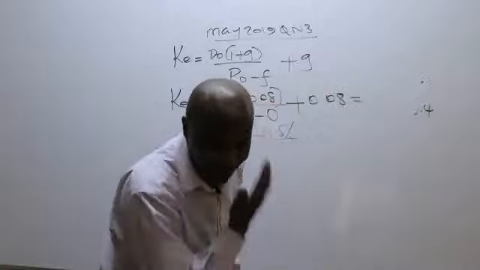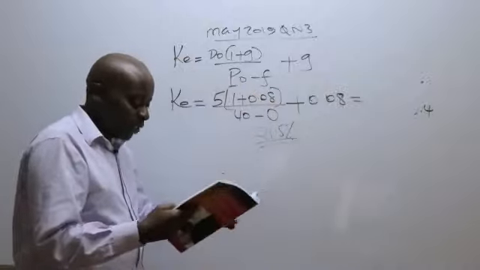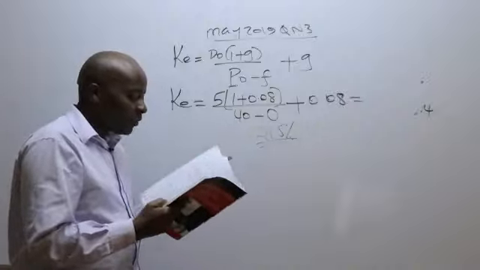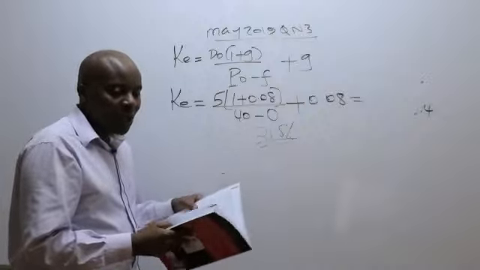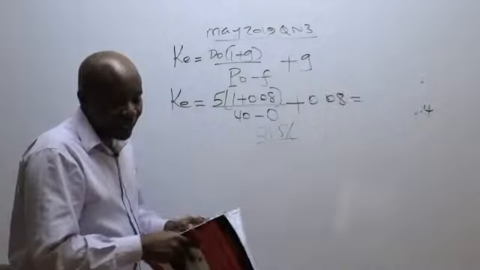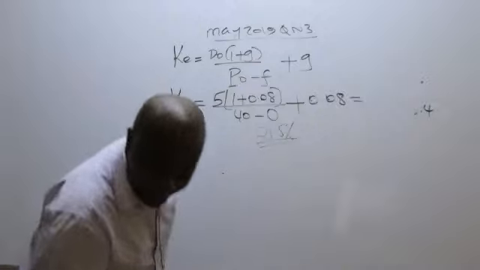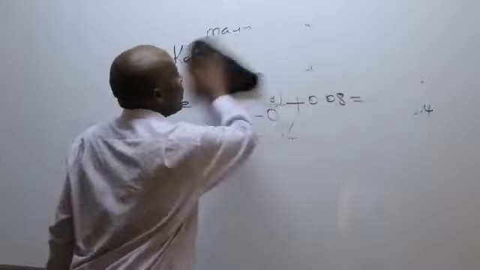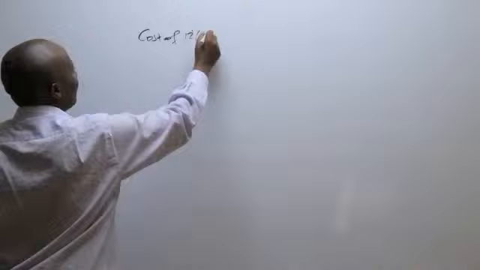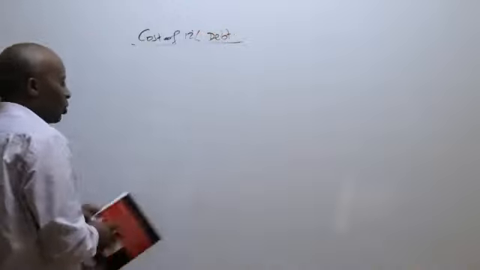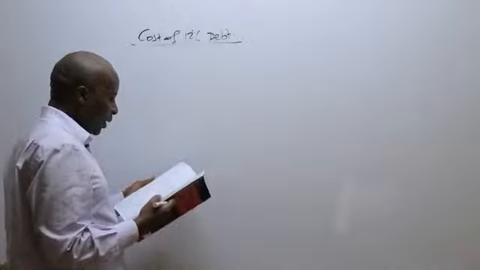You can see some students have come on board and they have been able to give us the first case there. The second case, they want us to give them the cost of 12% irredeemable debenture capital. So basically they want us to give them the cost of debt, cost of 12% debt. So cost of 12% debt, what I will do, ladies and gentlemen,